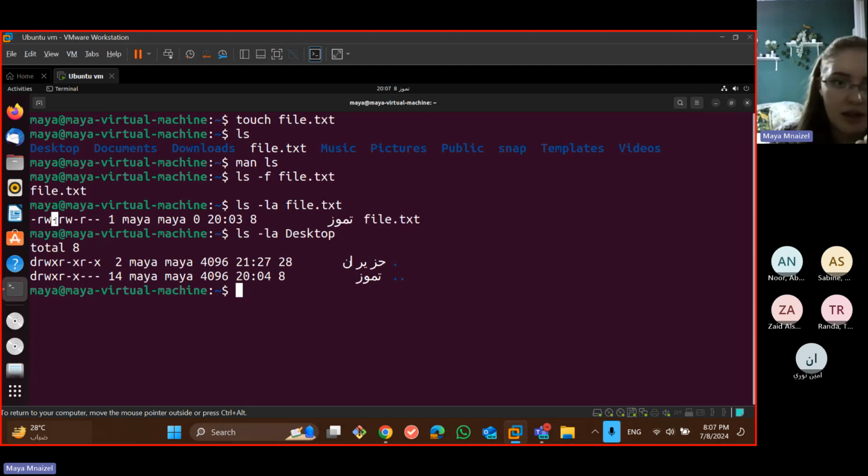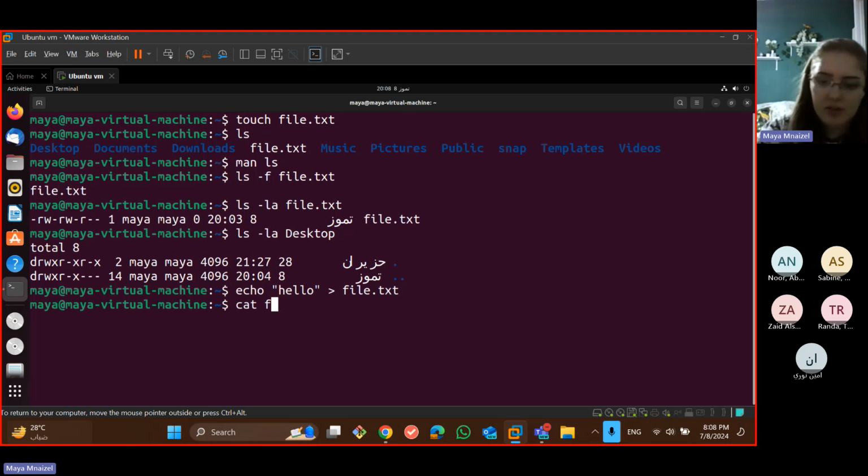I can write in that file, and anyone in my group can write in that file, but any other users or any other groups can only read from that file. So I can type something into this file. Let's say echo hello into file.txt. And if I say cat file.txt,